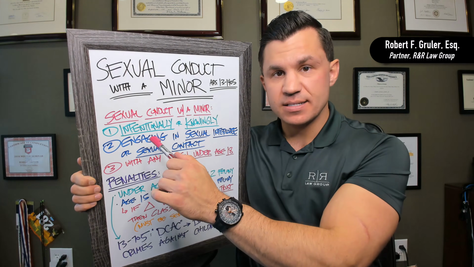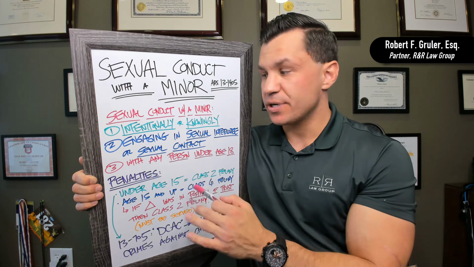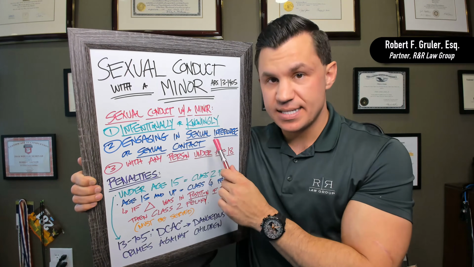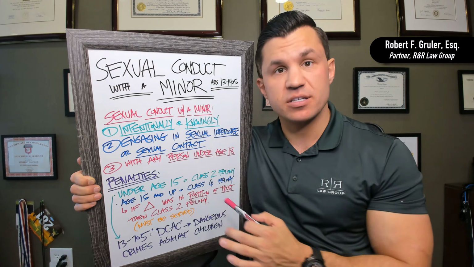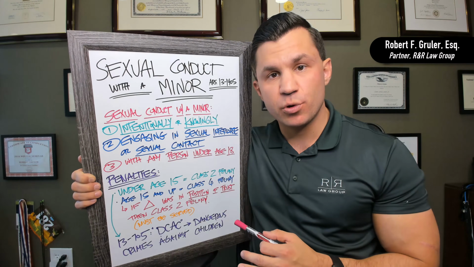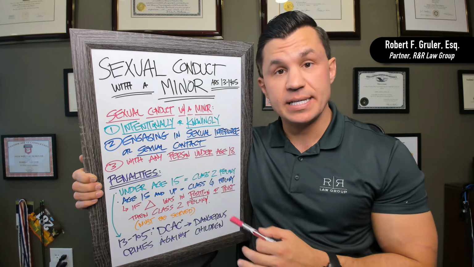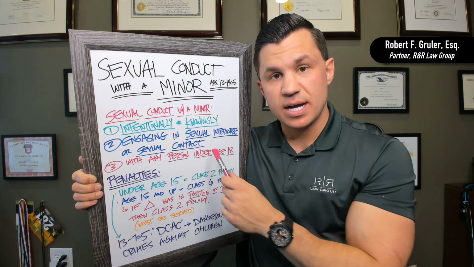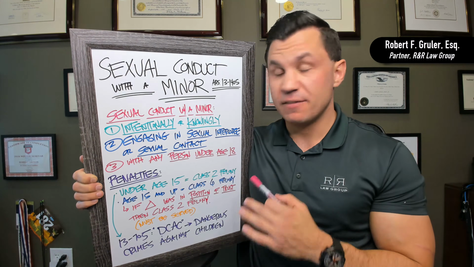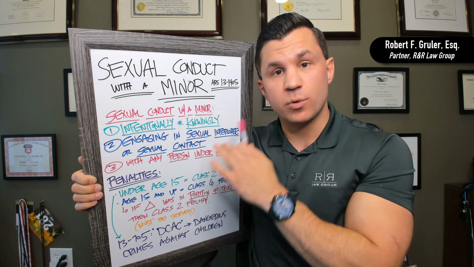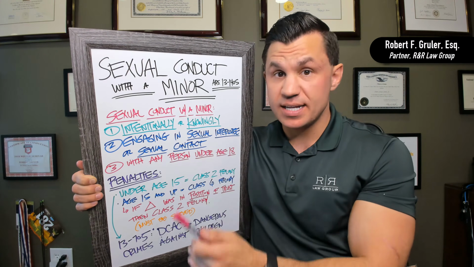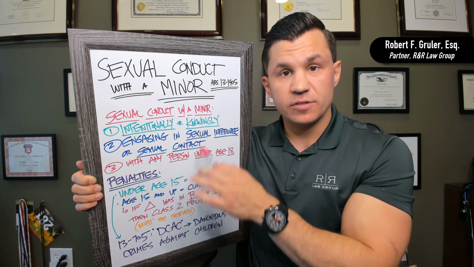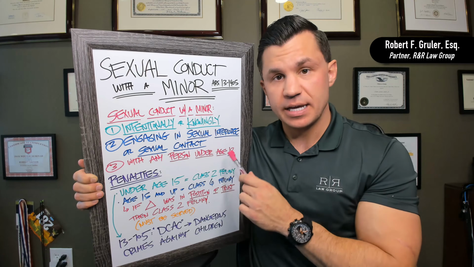If that is established, the next thing that is required is a person needs to engage in either sexual intercourse or sexual contact. Both of those terms are underlined because they're defined elsewhere. There's a definitions portion of the sexual offense, Chapter 14, and so what you're going to want to do is go there and look these up. What does sexual intercourse mean? What does sexual contact mean? I have a different video about that if you want to dive into it further, but both of those are very important. If something is not considered sexual contact, it's not going to meet this element, so that might be a good defense.